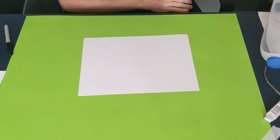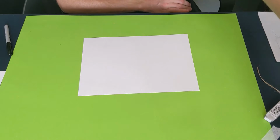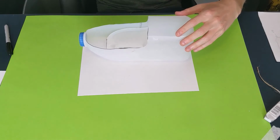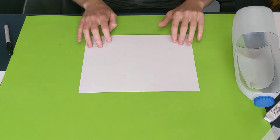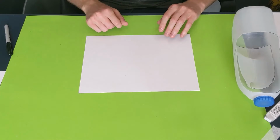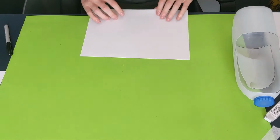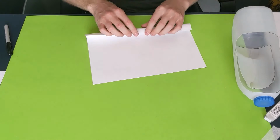So this is just going to be a single mast boat, and it's called a pirate sloop actually. So it's just going to have one mast right in the middle of the boat, and I'm going to make that out of this piece of card. If you don't have any card, you can do it out of paper, and if you've only got a thicker card, you can still do it out of that card. It's not a problem. All I'm going to do to create it is I'm just going to roll this up as tightly as I